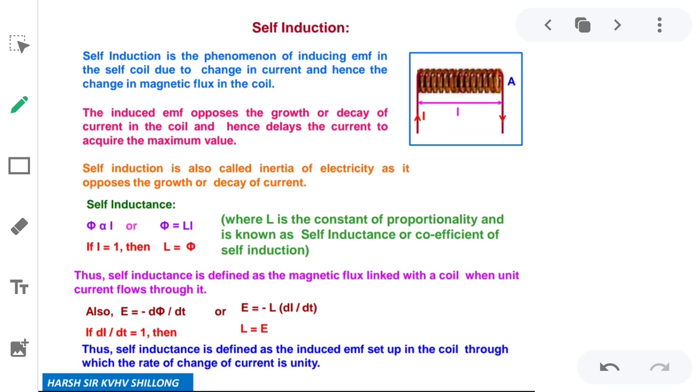Now here we'll go for a certain kind of formula. The flux is proportional to current. Which current is this? The one given by the other source, an external source. What is phi? It is the flux linked to the coil, produced by the coil also. If we change proportionality to equality, a constant is there, that is known as L. L is known as the coefficient of self-inductance. So if I define L,